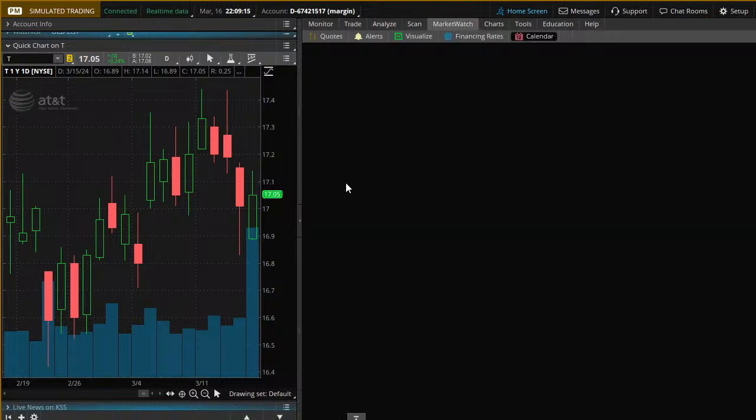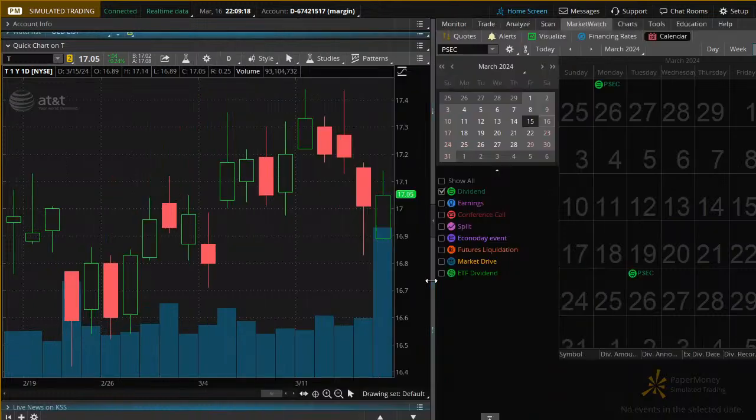Okay, so let's go back and do what I said we were going to do last night. USB, because somebody asked me to look at USB last night and we ran out of time. So the very first thing I always want to do is find out when it's paying its dividend. The 27th. Today's the 16th. So the USB is on the 27th, and that dividend is going to be 49 cents. See, 49 cents. Dividend announcement, dividend ex, dividend record, dividend payment. See, 4 dates.